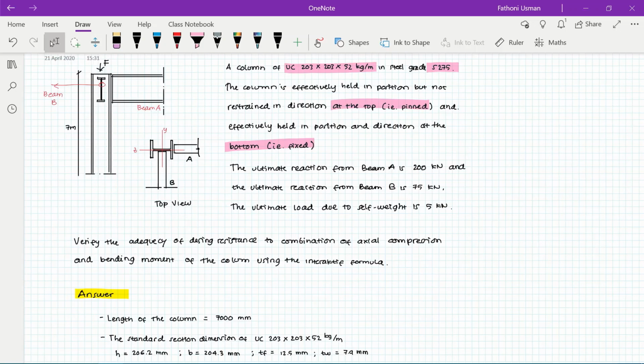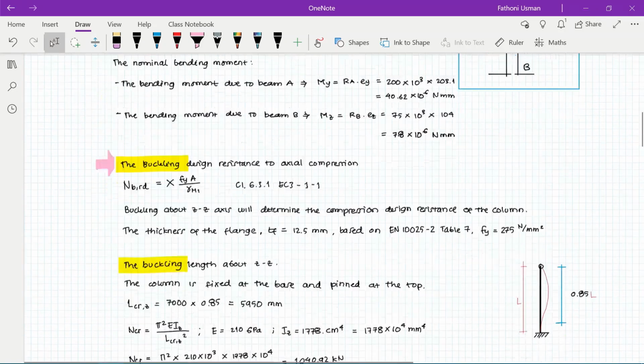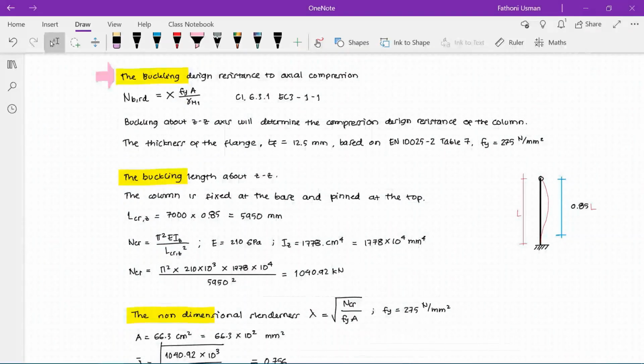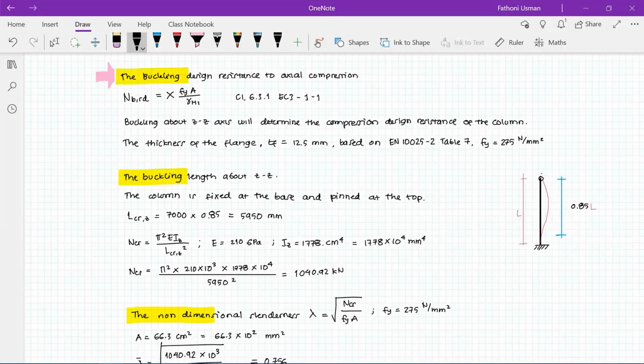So in this case, the top is pin and then the bottom is fixed. So the bottom fixed, the top is pin. So it means